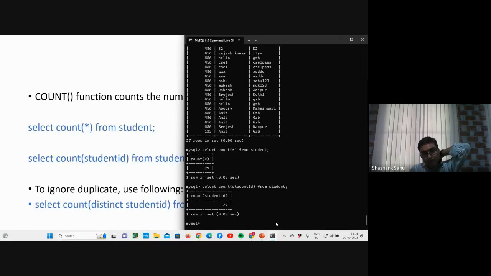Because we have not given the where clause. If you have not given the where clause, it will consider all the rows. So put a where clause. Where student ID